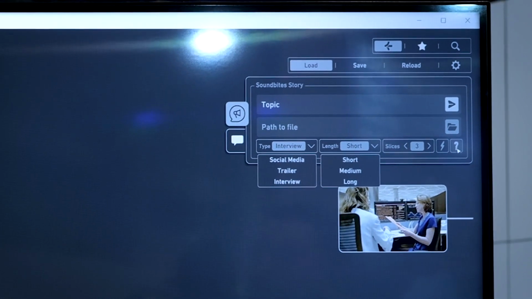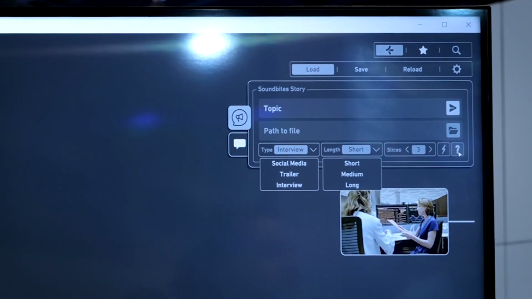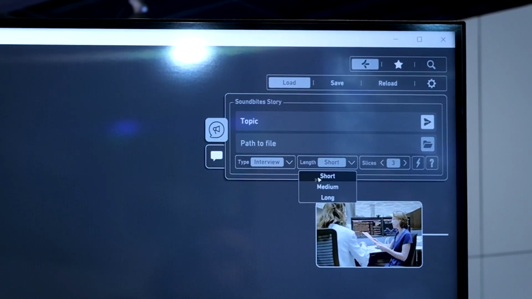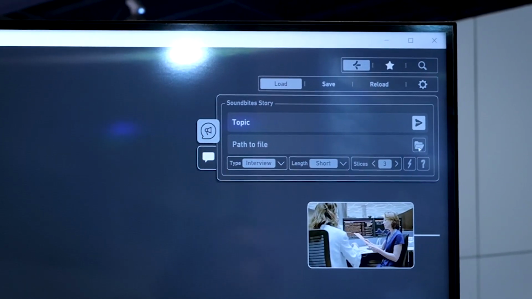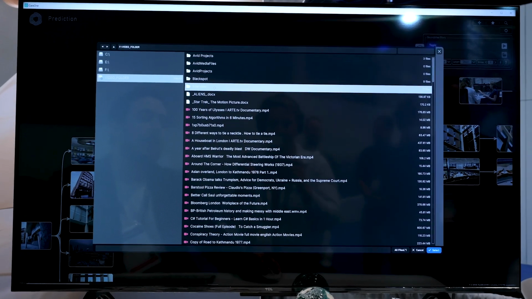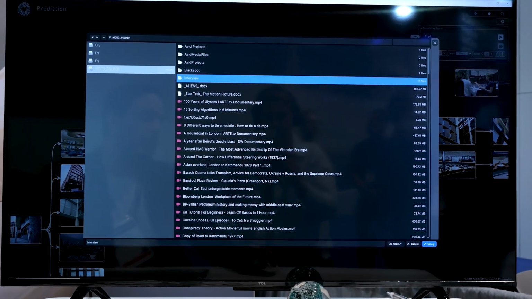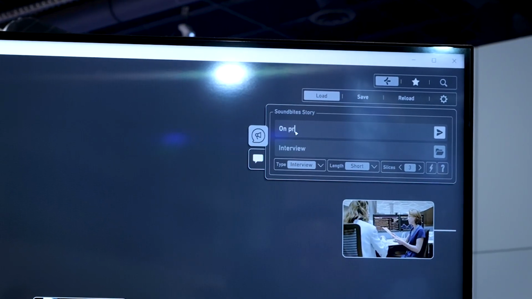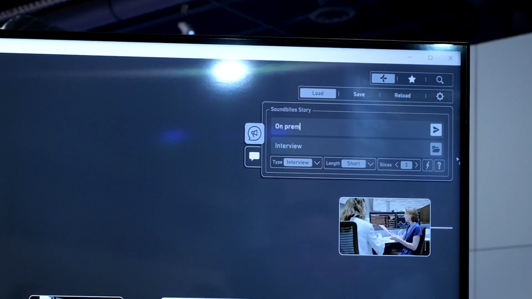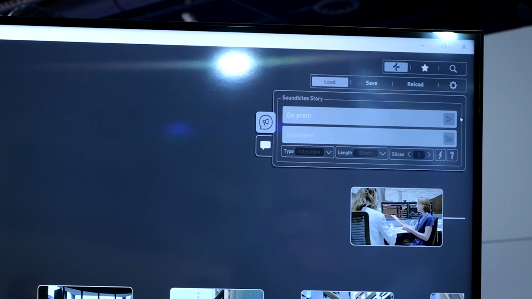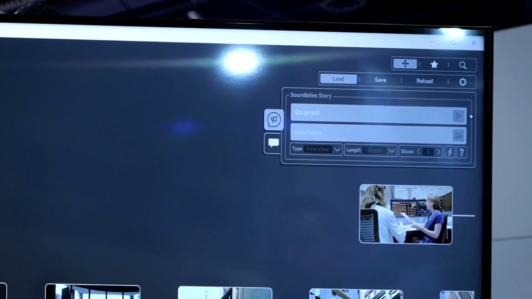We can determine the length of the clips and the amount of slices we want. So actually, I'm going to do an interview piece right now. I'm going to keep it short. And I'm going to search for the path where I have the actual interview that I want to make a spin on. So I select the folder, and I can make any topic I want the interview to focus on. In this case, we can focus on our on-prem advantages over the cloud. And CaraOne starts thinking how the interview could go,